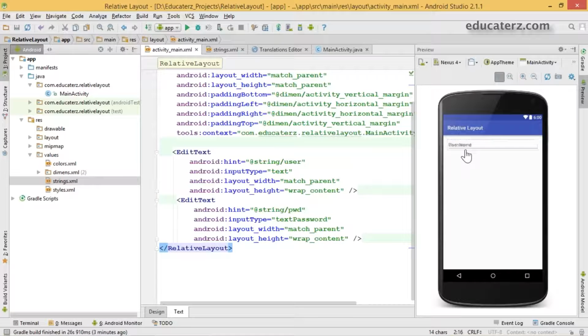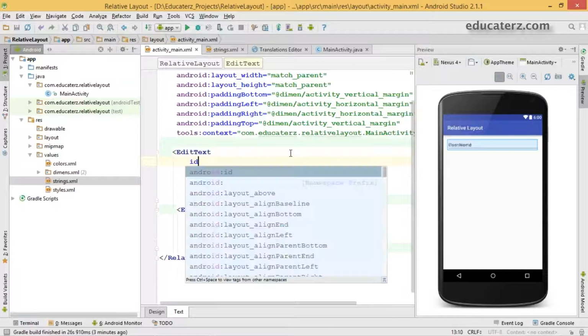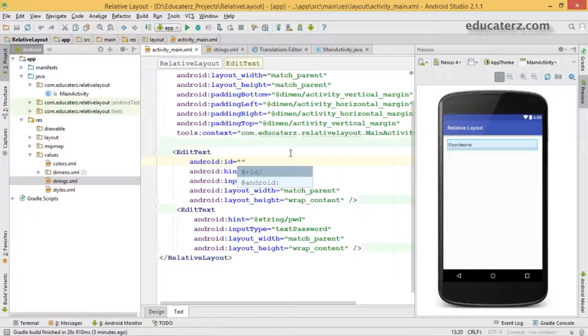But if you observe in the diagram completely, both of the edit texts have been overlapped because the default location of the children is the top left corner. So I should create an identifier for this, so I'm going to refer to that. First of all, whatever you would like to refer to, create an ID for that. It is something like when you are taking admission in a college or a university, or when you are joining your company for the first time, you will be allotted some IDs, employee ID or student ID, something like that. The same way here I am going to create an ID.